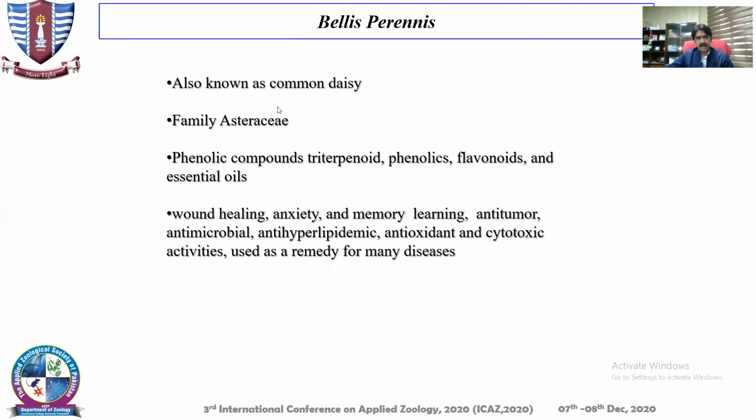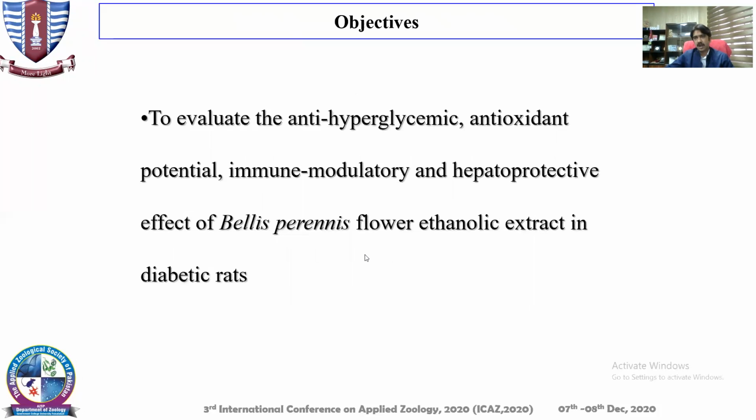This is a common daisy plant, family Asteraceae, and it mainly has phenolic compounds. It has different beneficial health effects on anxiety, memory and learning, and mainly it has anti-hyperlipidemic and antioxidant effects, due to which we selected this plant to test in the management of diabetes mellitus. The objective is to evaluate the anti-hyperglycemic, antioxidant, immunomodulatory and hepato-protective effects of this plant's flower ethanolic extract in